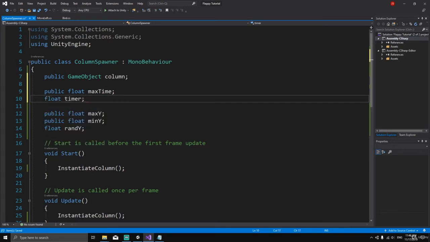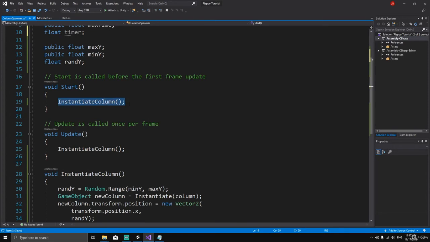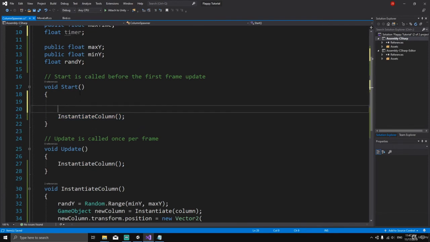What we're going to do here is update the value of timer in each frame, and when timer is greater than max time, and max time, for example, can be 1.5, if timer is greater than 1.5, then we want to instantiate a column. So here, first of all, we want to